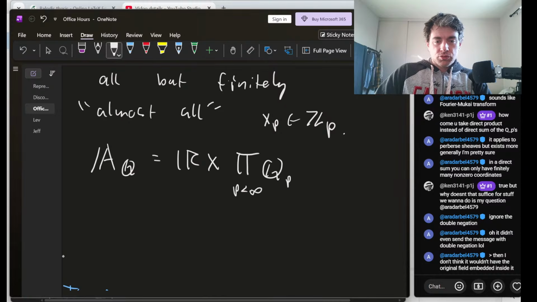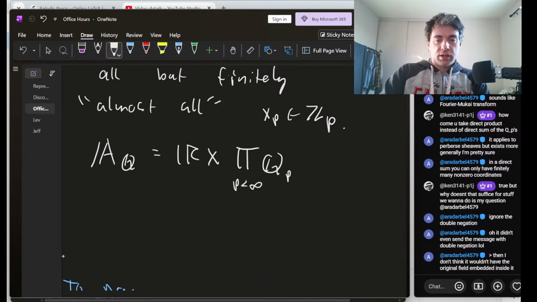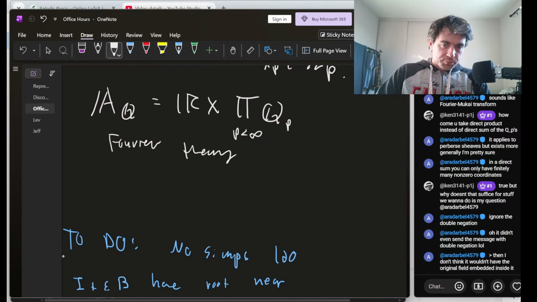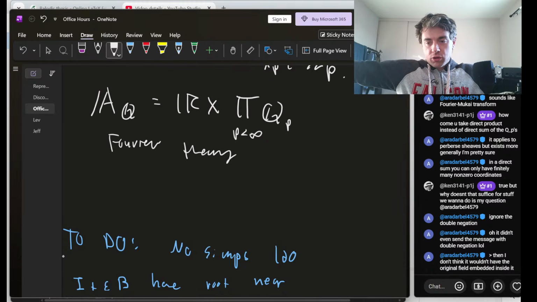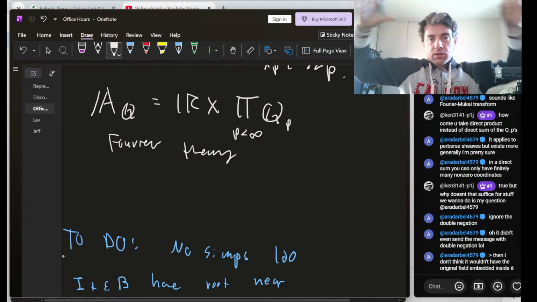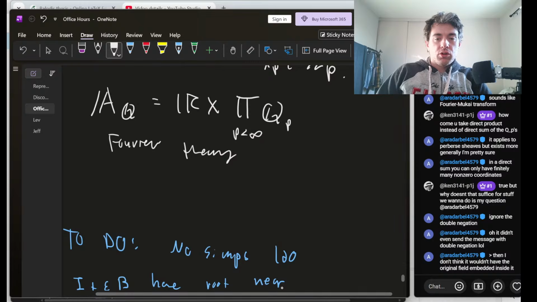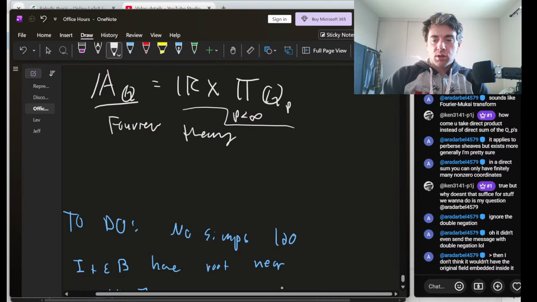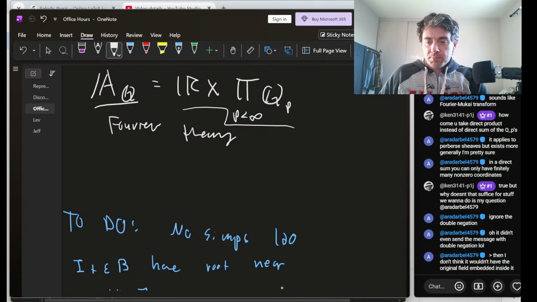And so the Adeles of the rational numbers are exactly this thing. And now, what's really cool about this, so we can still do, for lack of a better word, calculus. We can still do Fourier theory on the Adeles, and so now we're simultaneously doing Fourier theory on all of these fields, and there's this compatibility where you can break up integrals over the entire Adeles into some product over all the individual integrals, and there's a sort of back and forth between the local and global theory, which is just a big theme in geometry, number theory. Yeah, all of math, really.